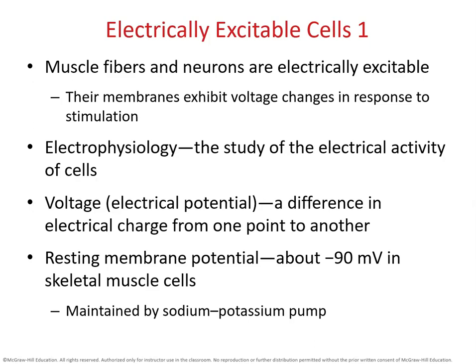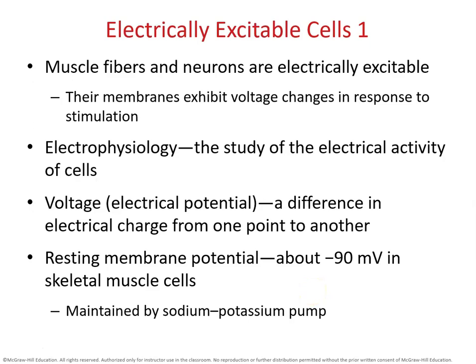So we know that it's an electric thing that causes the muscle fibers and the neurons to be associated and for the neurons to stimulate the muscle fibers. When we talk about the study of this electrical activity, we can use the term electrophysiology. And we need to have a minimum voltage that will stimulate muscles to act. That resting potential is negative 90 millivolts. When we move away from negative 90 millivolts, when that distance becomes greater, then we can have